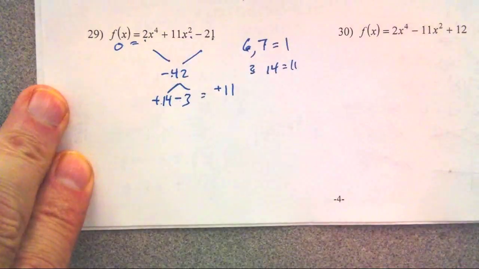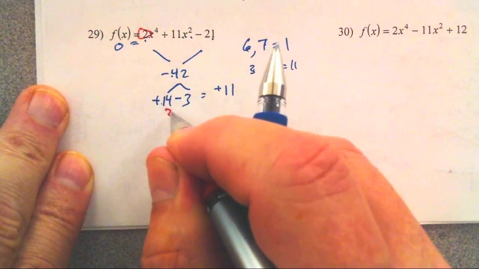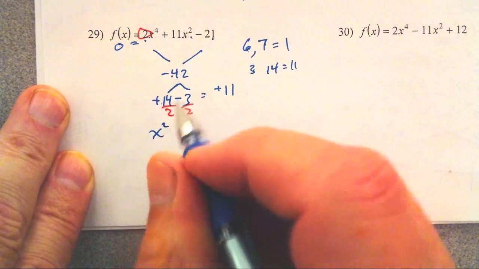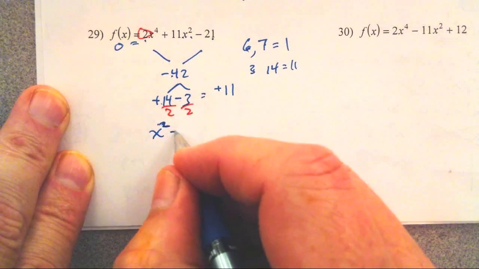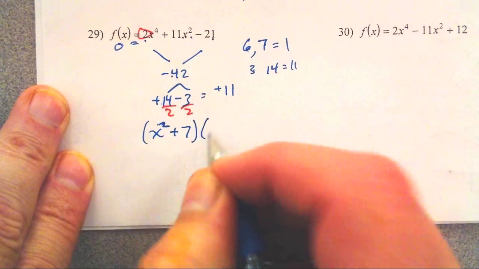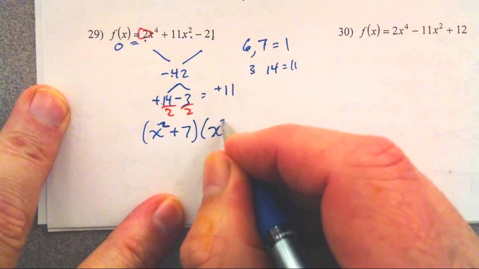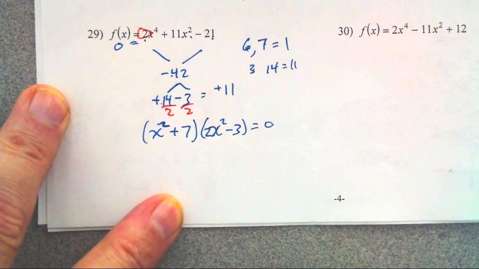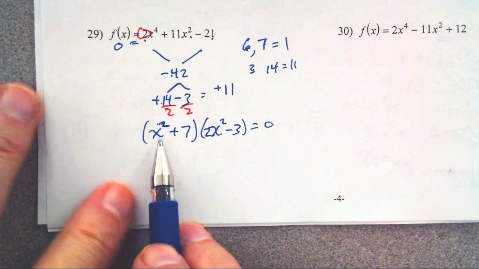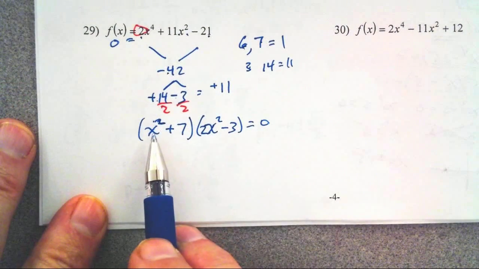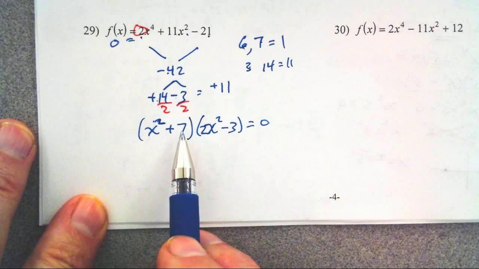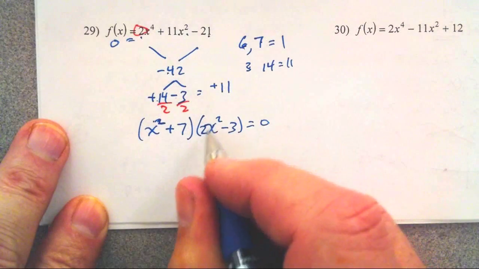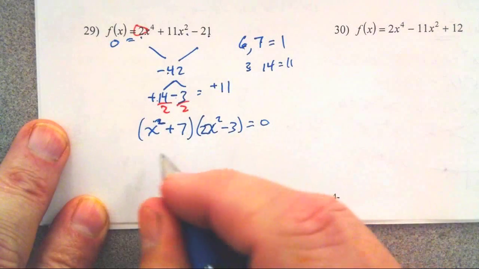So I put those on 2, and I place them. X squared, quadratic on x squared, careful there, plus 7 times x squared minus 3 halves, or 2x squared minus 3 equals 0. But squared numbers are always positive, so there's no way I can square a number and add 7, not a real number anyway, and get 0. But I can square a number, multiply by 2, and then subtract down to 0, I believe. So that is x